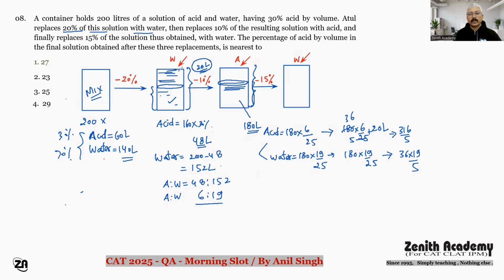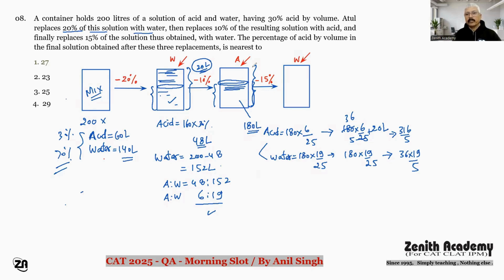मेरी बात समझ में आई। फर्स्ट टाइम 20% सोल्यूशन निकाला, रिप्लेसमेंट वाटर से किया। तो जब 20% सोल्यूशन विड्रॉ कर रहे हो तो आफ्टर रिप्लेसमेंट विद वाटर, द होल 200 लीटर विल कैरी द सेम अमाउंट ऑफ एसिड। तो इसमें एसिड 180 का 30% ही होगा, क्योंकि पहले इस मिक्सचर में एसिड 30% था और वाटर 70% था। फिर आप जब 20 लीटर मिक्सचर निकालते हैं 10%, उसको रिप्लेस करते हैं एसिड से, तो इस रिमेनिंग मिक्सचर में एसिड कितना है, ये जो रेशियो 6:19 है, 180 में यानी 10%, 20 लीटर के बाद ये जो रिमेनिंग 180 लीटर है उसमें मैंने एसिड कैलकुलेट किया है, और वाटर कैलकुलेट हो गया विद द हेल्प ऑफ दिस रेशियो।